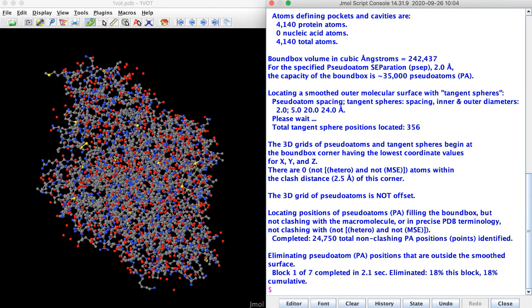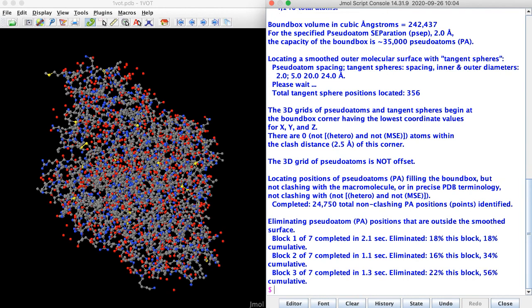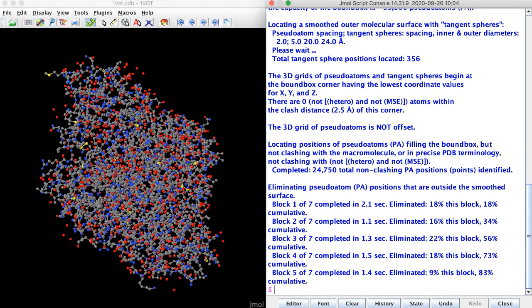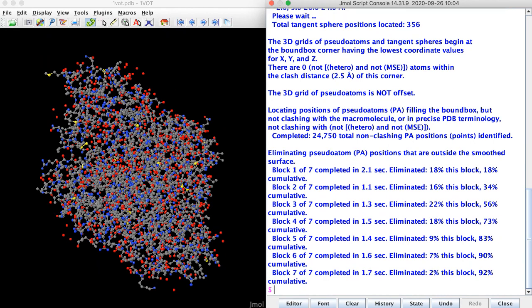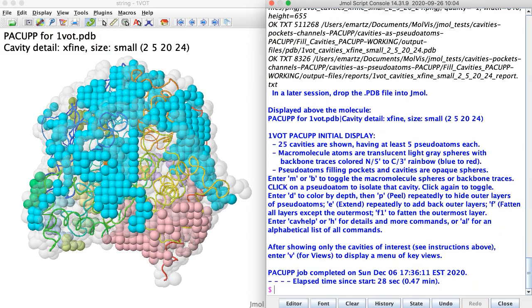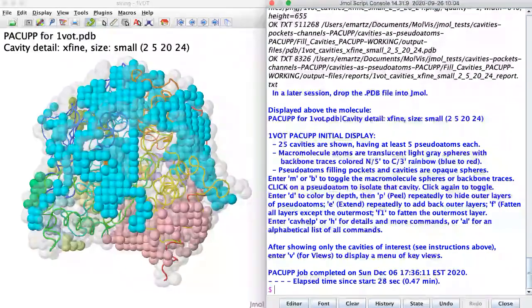In most cases, these reports will go by too fast to read, but they're there if you want to scroll back later and take a look at them. Also, all the specifics of each job are written into a report file. Now PACUPP has finished, and you can see at the very bottom on the right that this job took 28